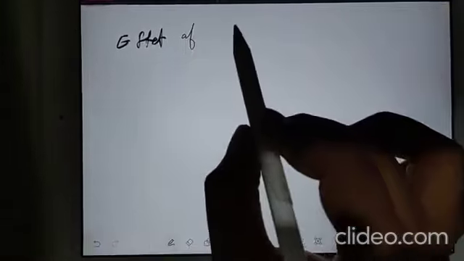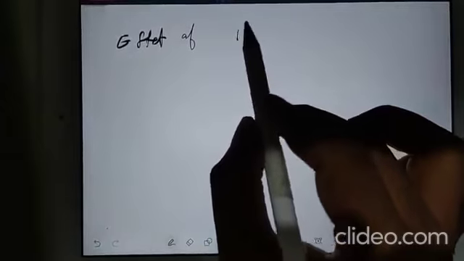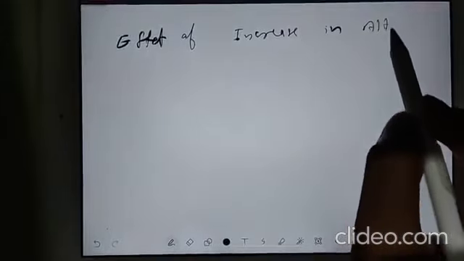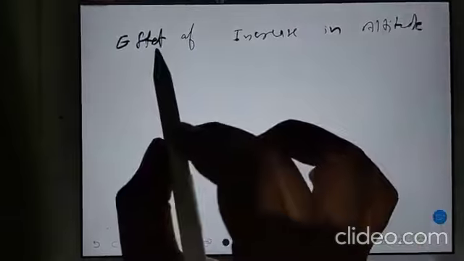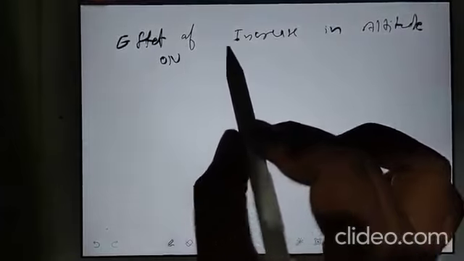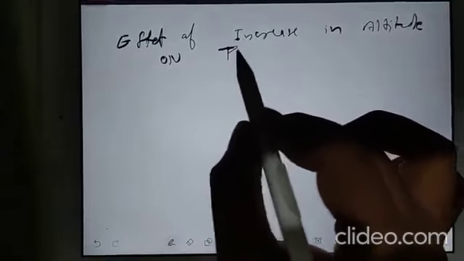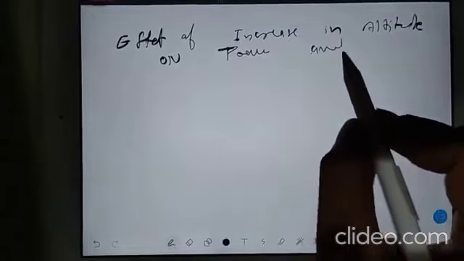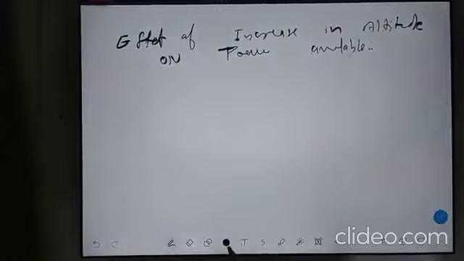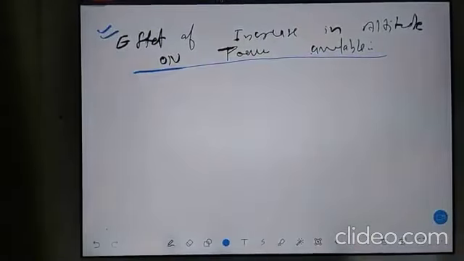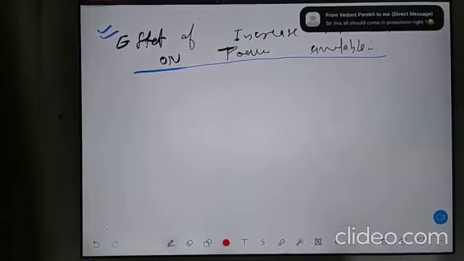Take down fresh topic as effect of increase in altitude on power available. Why I am doing this? Because in future this topic will connect with service ceiling. So see, for this